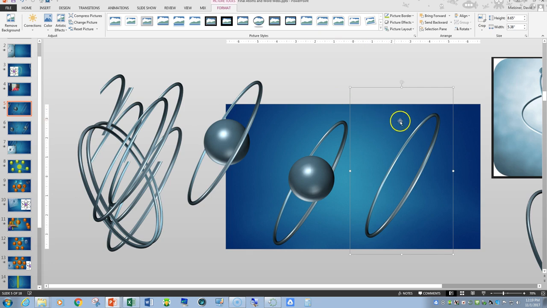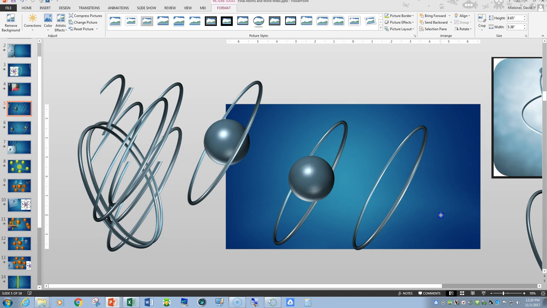Number one, you have to be careful when you crop. Number two, you can't crop a shape. That's why I had to create an image from it. It's the only way you can crop. What I'm going to try to do though is lay this on top. Let's see if we can do this. All right, so I'm going to lay this on top of this as best as I can,